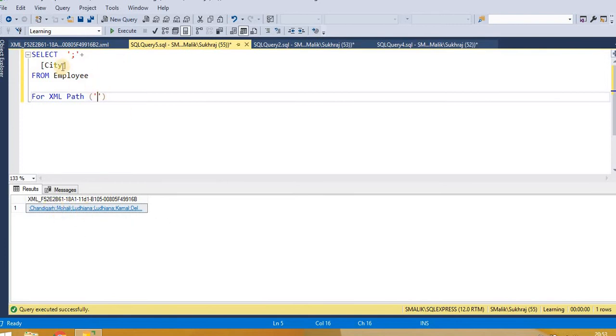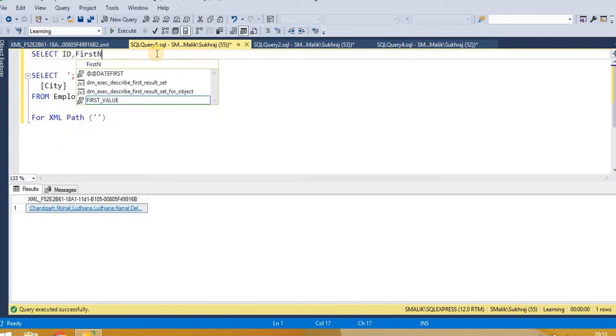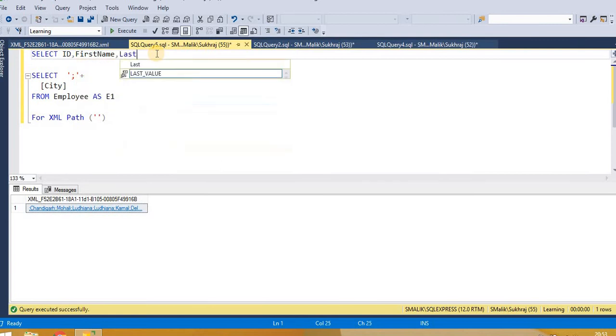Now the column which is repeating, we will use that column here. After that, let's give any name to this, I am saying E1. Then select the other columns which you want to select from the table, like I want to select ID, then first name, last name.